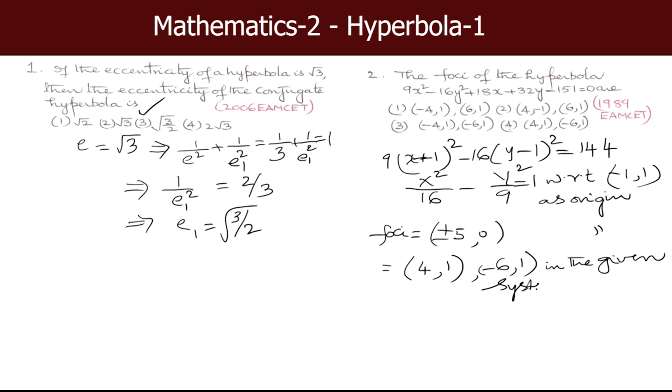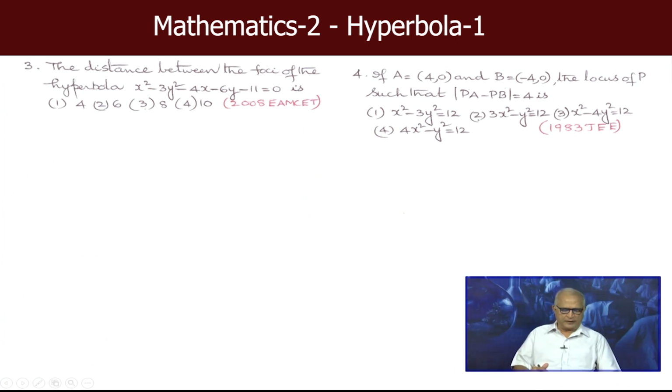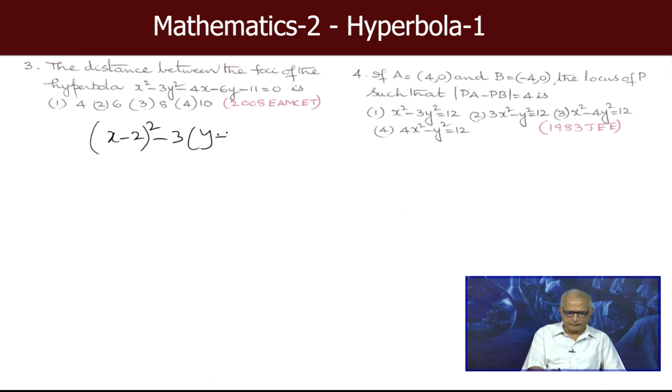Given coordinate frame. So, (4, 1) and (-6, 1), that is option 4. Next, the distance between the foci of the hyperbola x square minus 3y square minus 4x minus 6y minus 11 equal to 0 is. Well, once again we have to reduce the equation to the standard form: (x minus 2) whole square minus 3 into (y plus 1) whole square